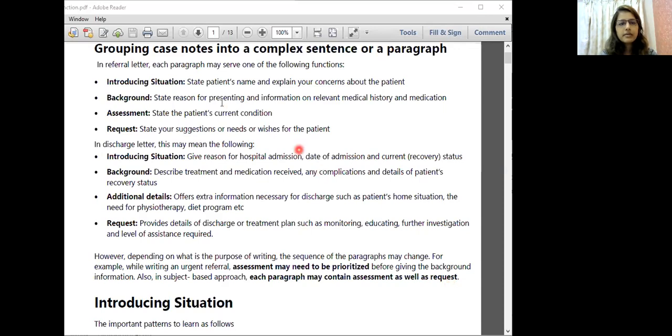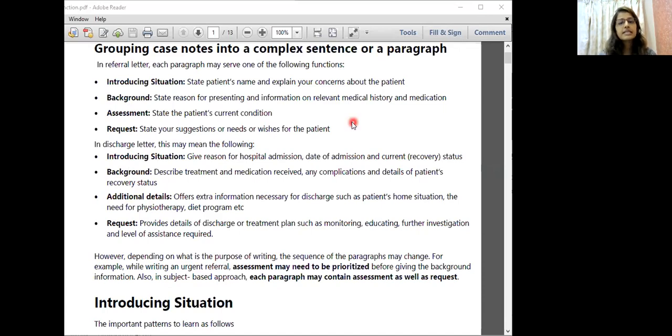So this is probably the typical structure of a referral letter, where you may have 4 paragraphs: situation, background, assessment, and request, and you will have to use your medical judgment to decide whether you need any tweak in the sequence of these paragraphs. Okay? The sequence may not always be SBAR, and this is what you can have for the discharge letters, and still you will have to follow your medical judgment to decide whether you would like to go with this kind of paragraphing, or with the subject-based approach. So each case note is different in a way, and they require a different approach towards